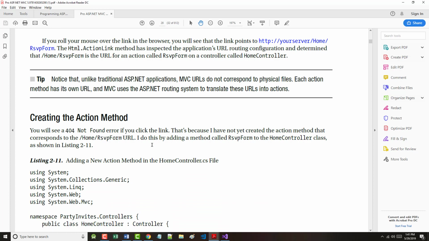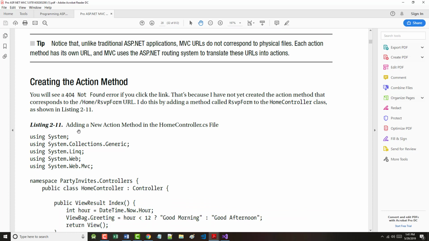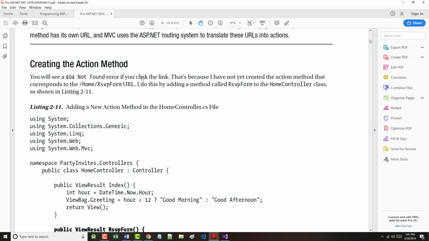The tip there says, note that unlike traditional ASP.NET applications, the URLs do not correspond to physical files. All right? So it says right now we should have gotten the file not found error when we click the link because we don't have that. I will do this by adding a method called RSVP form